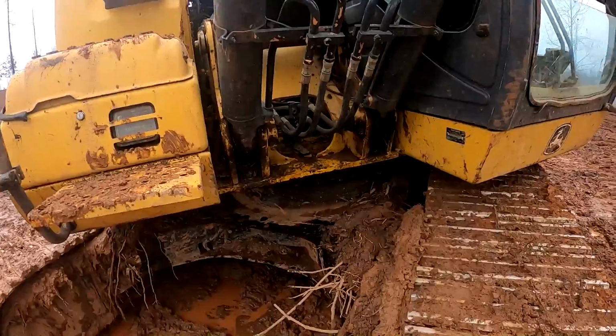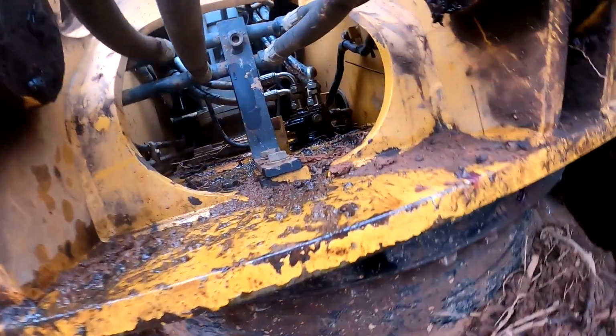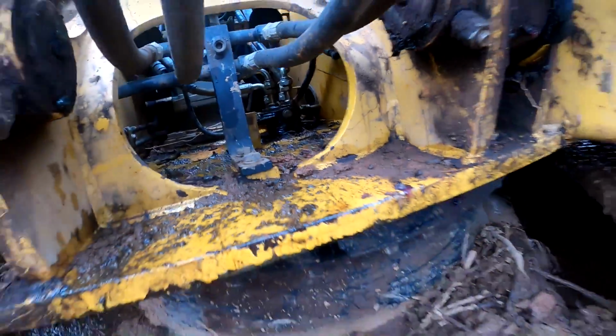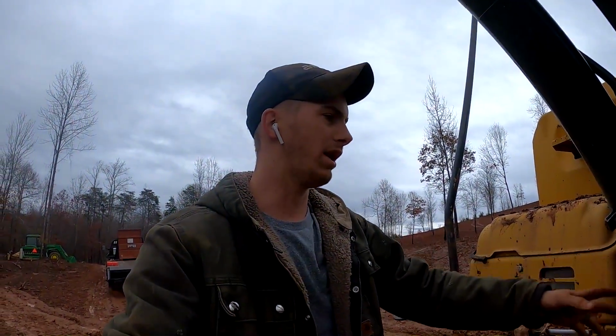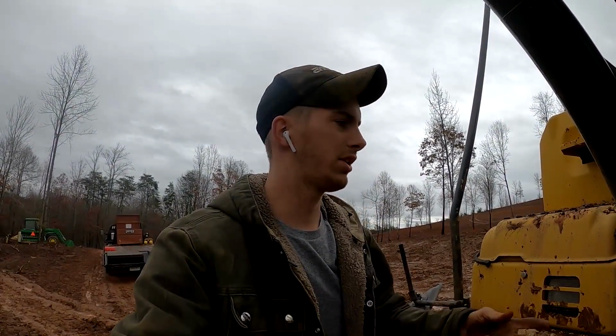So guys, we just had a little, oh my goodness, sorry, the wrench got stuck to the magnet there. Had a little issue with one of those hoses right there, started leaking. I started smelling hydraulic oil in the cab. I looked down and I was like, well, that's wet, that's not good. So I shut it down, got out, looked at it, and sure enough,